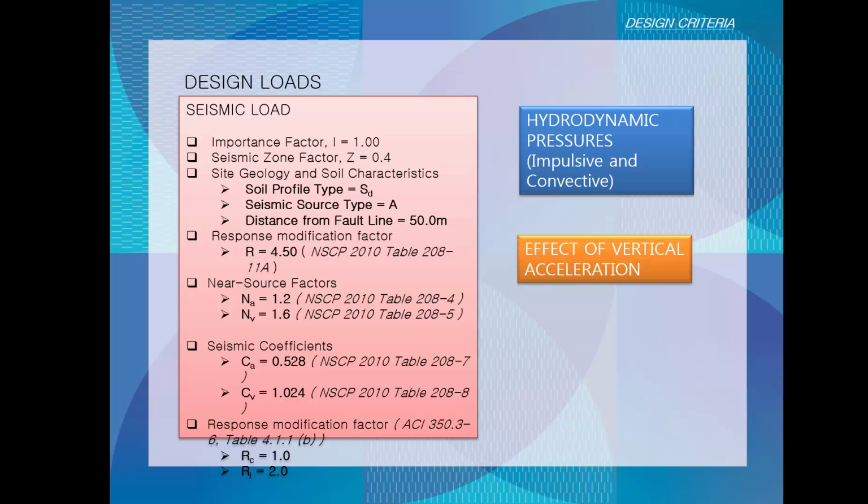The next one would be the effect of vertical acceleration. Due to this acceleration, it increases the applied pressure of the water on the walls of the tank. Then the next is the inertia forces of the structure, the slab, and the wall. So in a regular tank,